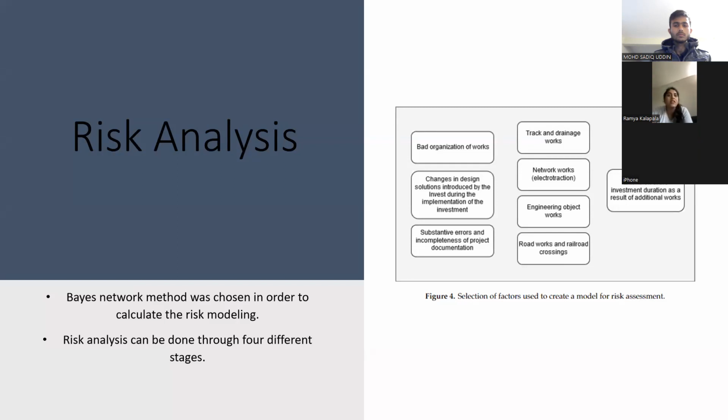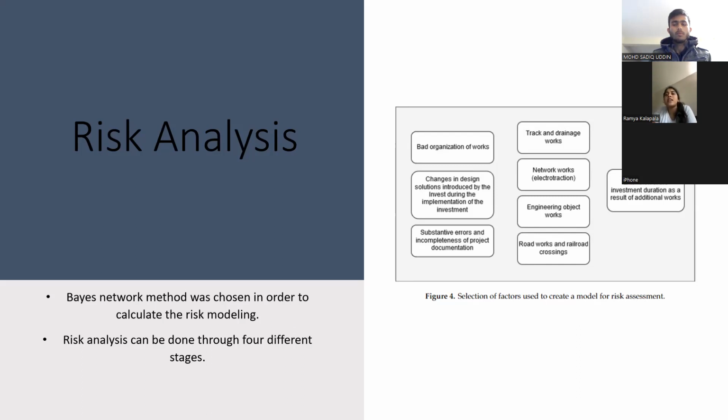We can see it here in the slide. Considering the results of the research that was done before, we have chosen the occurrence probability of each node, and there are certain factors that are proposed during the risk analysis that can be seen in the figure. From this, the Bayes network was chosen, as it is the most appropriate for calculating the problems in question. It is done based on the probability of events that are based on the expert's knowledge, which leads to introducing some information or the historical information that was explained before.